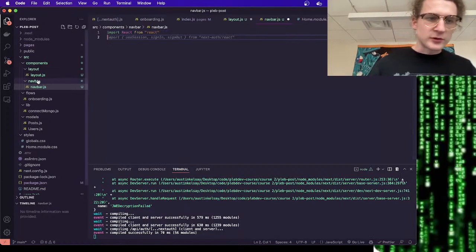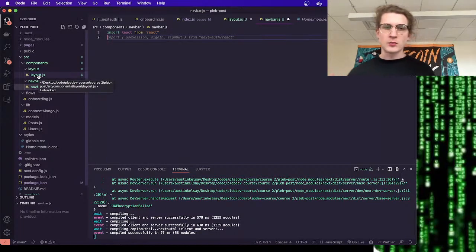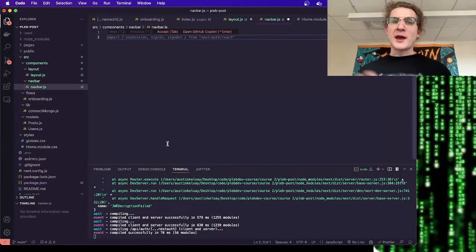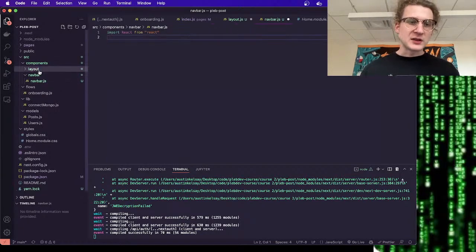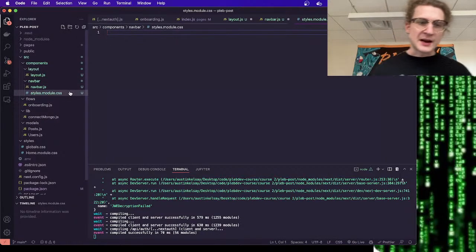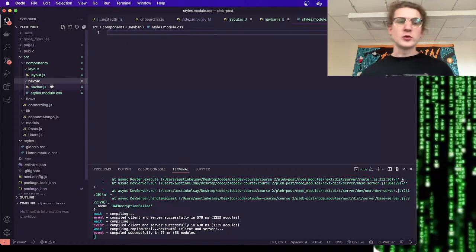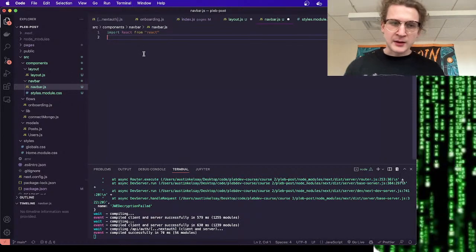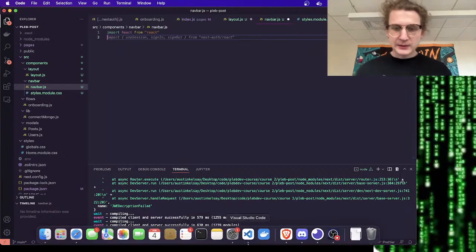The reason we're doing separate folders here is because to do CSS, Next.js uses CSS modules by default, which is just a way of scoping your CSS to be used for particular components. All that really means for us in practice is that in each of these folders, I can have styles.module.css. So this is what all of my style files are going to be called, and they're just going to be living in the folder that they're operating within. So it's kind of a modular type of approach with that. So we'll have a CSS file set aside,